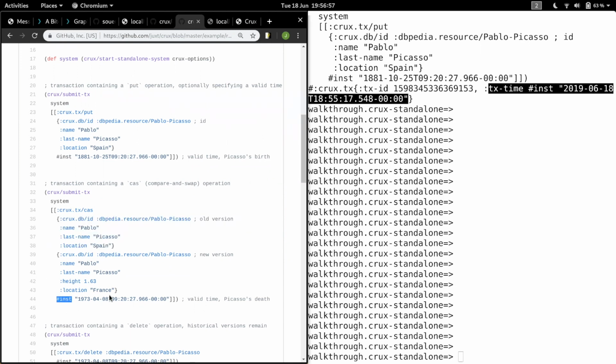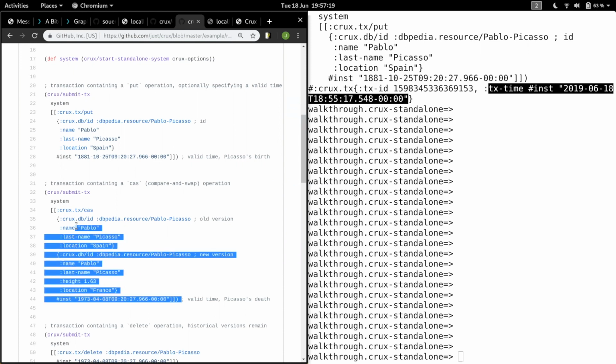And you're actually specifying a time down here. You don't have to specify the time. It could just be in reference to the current valid time, because by default, valid time defaults to transaction time. They're the same unless you specify otherwise. And then you're saying, well, if it's this old version, then I'll insert this new version. But if it's not, then fail the CAS. That's how CAS works. So we can run that.